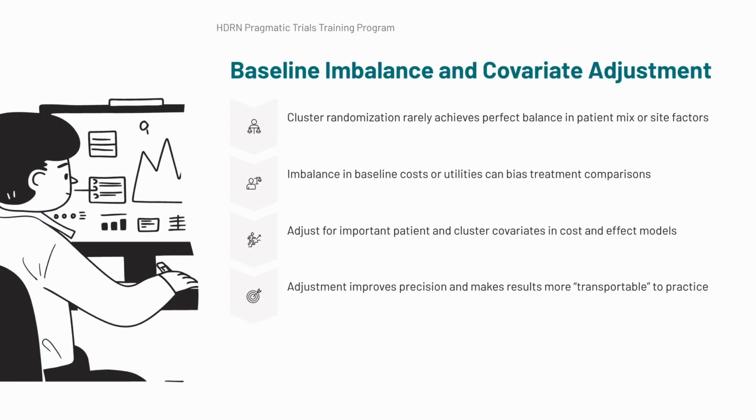Cluster randomization rarely gives a perfect balance at baseline, especially in cluster trials where we might only have a small number of clusters to randomize. In practice, we might see some sites have sicker or more complex patients, or historically higher costs. If we ignore these differences, we can misattribute pre-existing cost or effect gaps to the intervention. So, a vital part of a good analysis is to adjust for key individual and cluster-level covariates, which usually improves precision and makes treatment comparisons fairer. In practice, that often means including baseline costs or utility, along with important prognostic factors, in whatever regression or multi-level